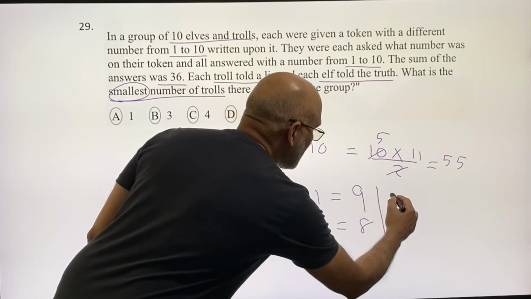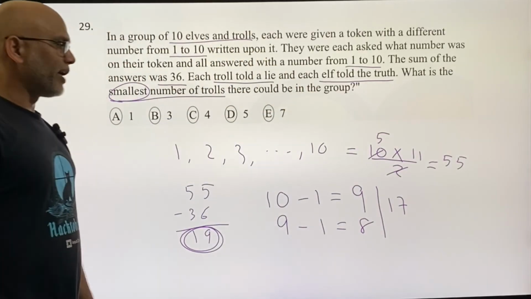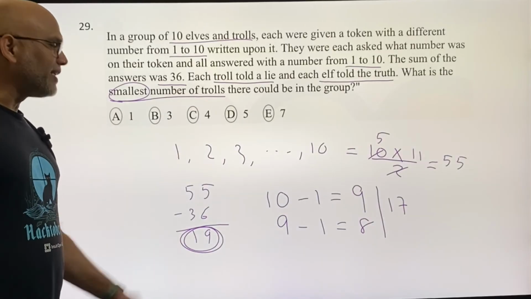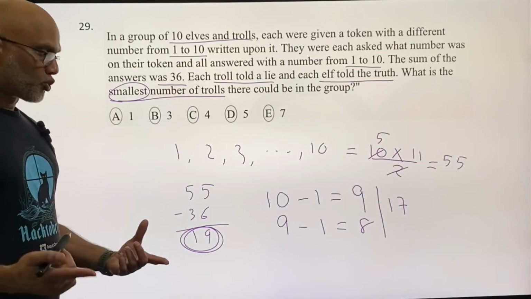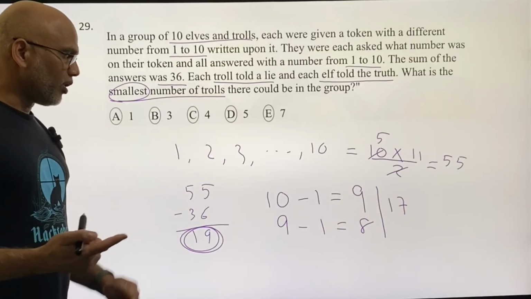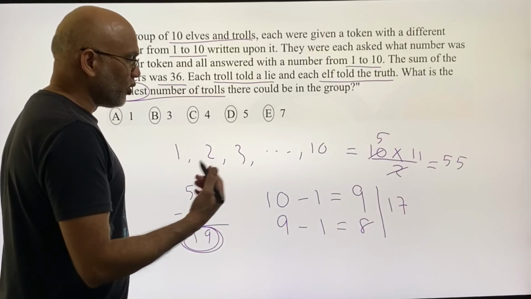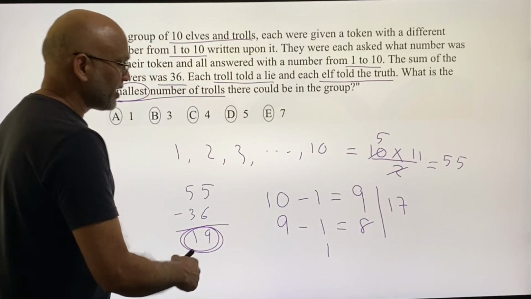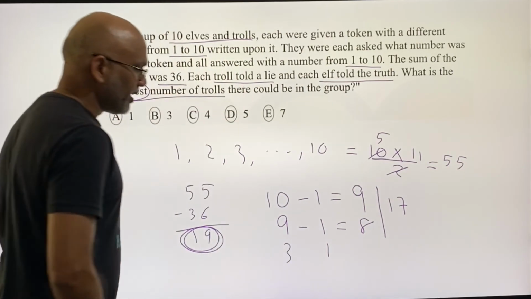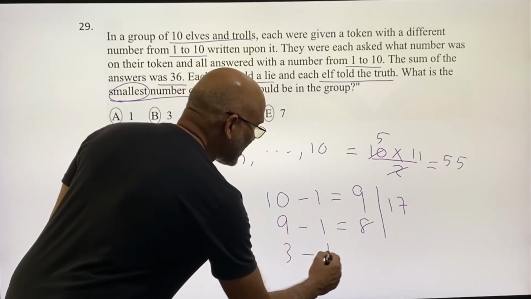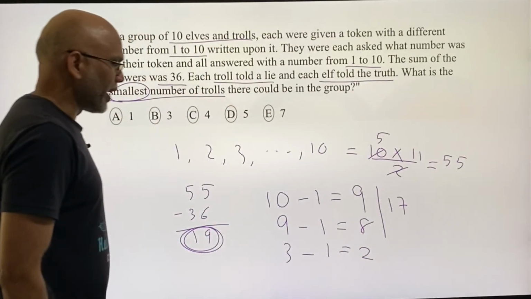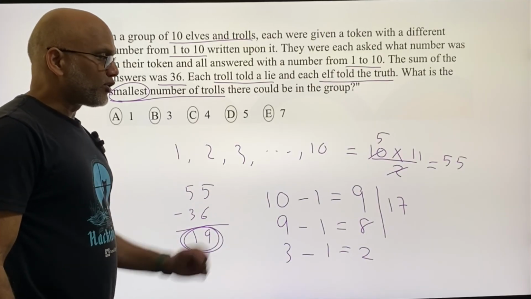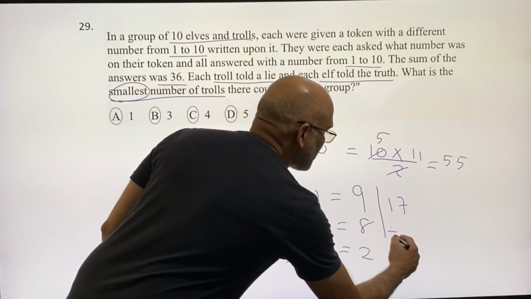So we have a total of 17 right now, 17 less than we should have, but we need 19. So we need one more troll. In fact, if the next troll says 1, but he in fact got 3, then that would be a lie of 2. He would be understating it by 2. So this plus 2